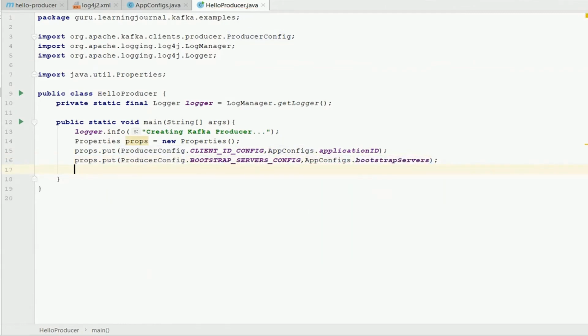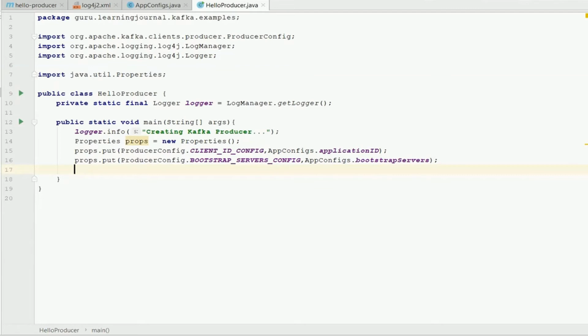The bootstrap server config is a comma-separated list of host port pairs. The producer will use this information for establishing the initial connection to the Kafka cluster. If you are running a single node Kafka, you can supply individual host port information.